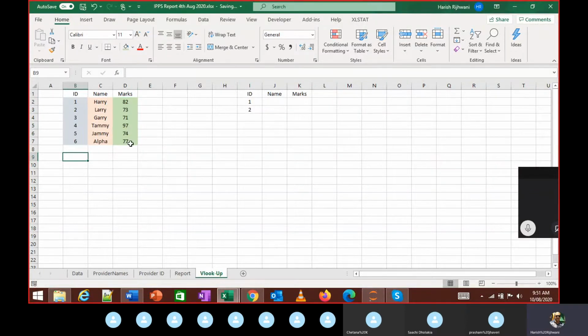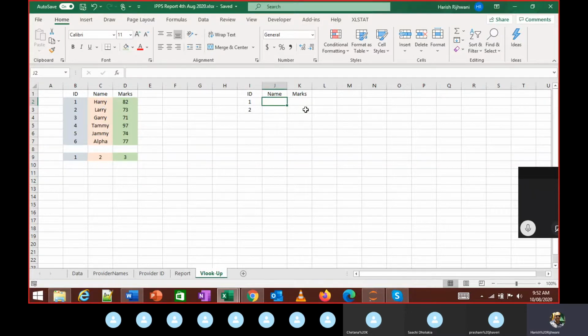In this table, this is my first column, this is my second column, this is my third column. So it takes this ID value and searches in this particular range. If I choose this range, I can get only 1 and 2. And I want to find this second name, so I'm going to give this value of 2. I can basically take this value and search in this entire table to find out the name. That is what this VLOOKUP function does.